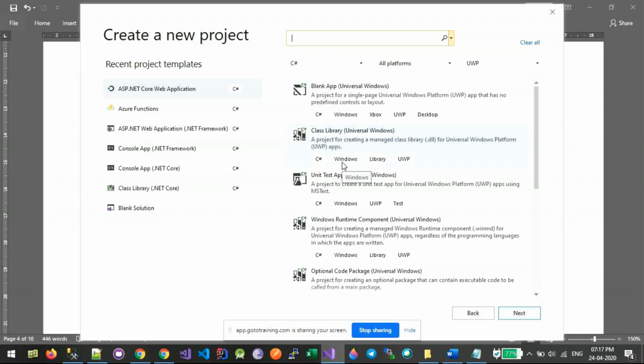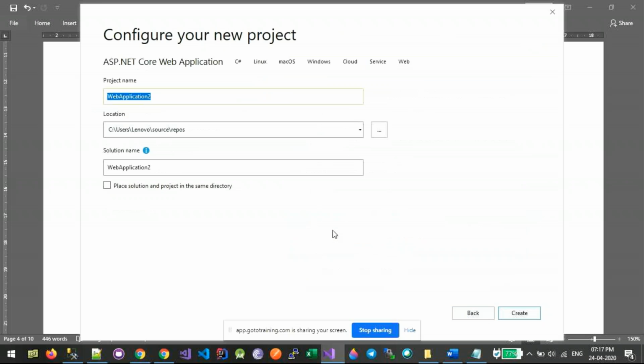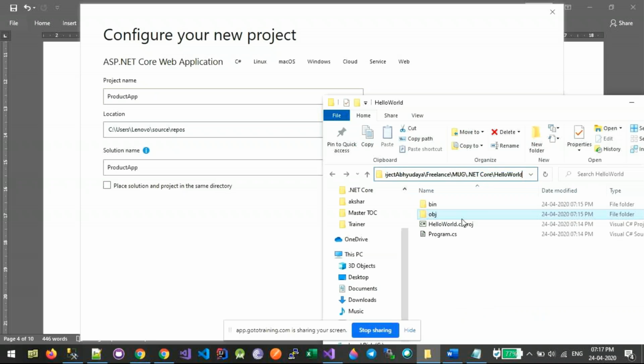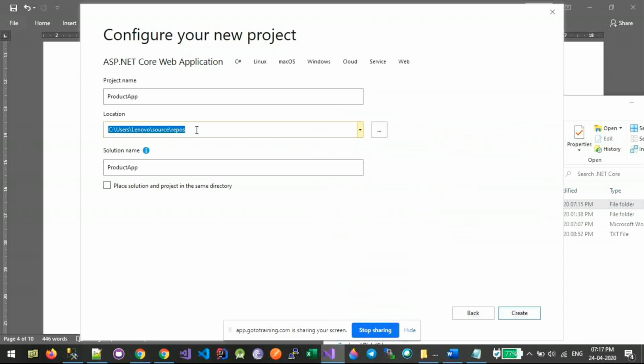I have Visual Studio 2019 with me. I will be using the ASP.NET Core web application template for a specific language. You can also filter it using the filters here. I'll click next. I'll give a name as ProductApp. Let me copy this path. Click on create. On the next screen,